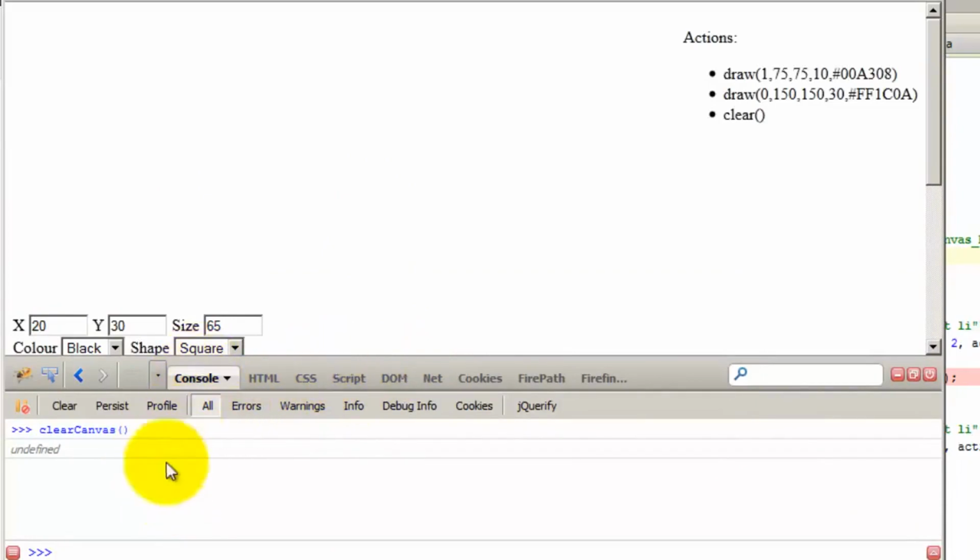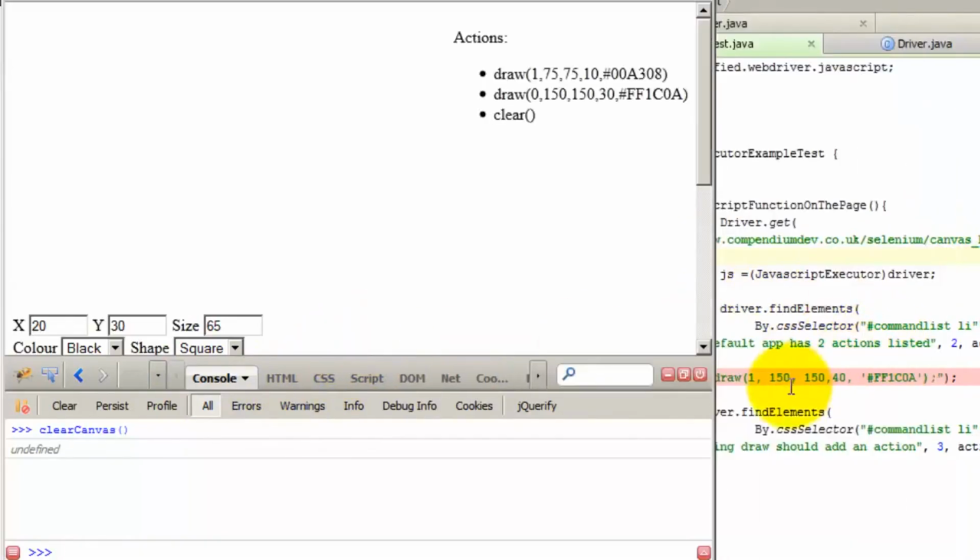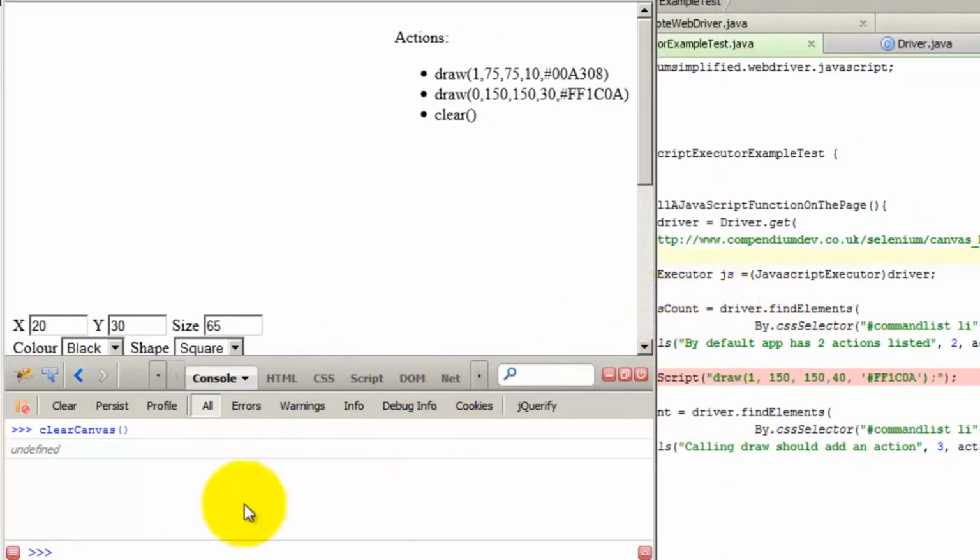And what I'm doing here in this console is I'm executing arbitrary JavaScript. So I can do the same thing as I did over here. So I can type in draw 1, 150, 150, 40, and then the color FF1C0A,